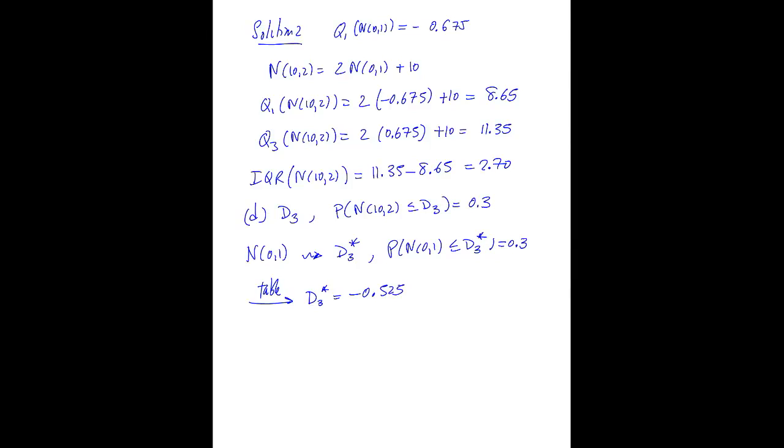Now we go to the standardization formula and we have our D3, which is the third decile for the normal (10, 2), will be equal to 2 times the decile for the normal (0, 1), what I have called above D3 star, plus 10. That's it. 2 times minus 0.525 plus 10. And that's equal to 8.95. And this finishes the